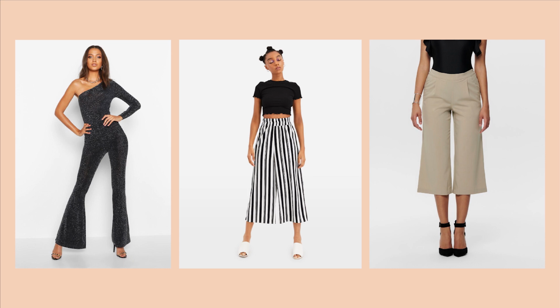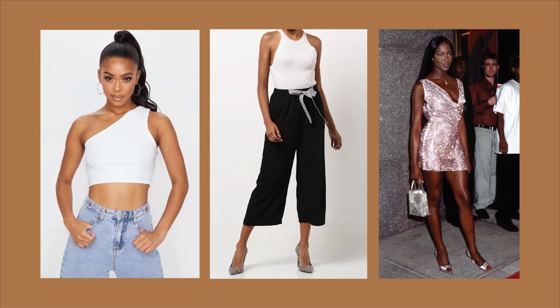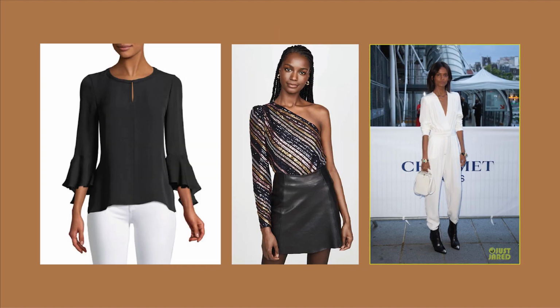For example, flared pants, culottes, palazzo, harem pants, and baggy or wide pants. Now, with skirts, we want the same thing we wanted with trousers. We want something that hugs your waist and is wider on the lower part. This means you should avoid really tight skirts. And it's also better to wear flared skirts, pleated skirts. A-line skirts are really good if you wanted to wear something that hugs your body and it also creates volume